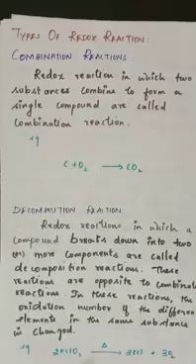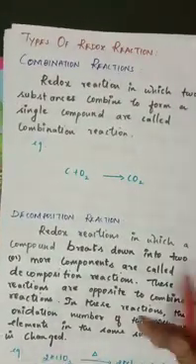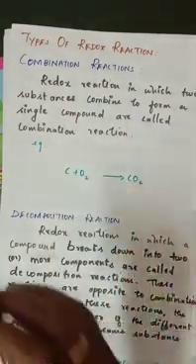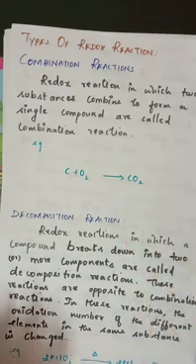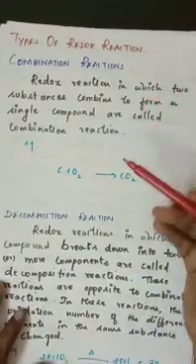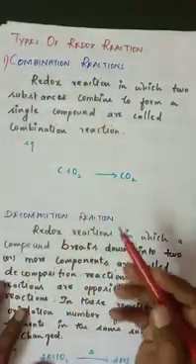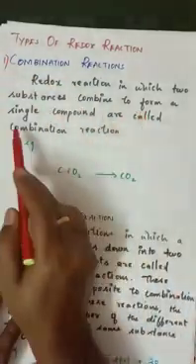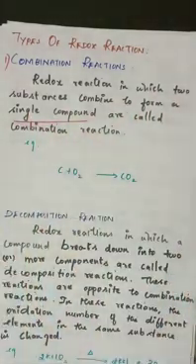And now we are going to see types of redox reactions using oxidation numbers. Oxidation number increases means oxidation, and oxidation number decreases means reduction. So we are going to see different types of redox reaction. First one is what? Combination reaction. Already we know combination is to form a single compound. Two or more compounds combined, it is what?